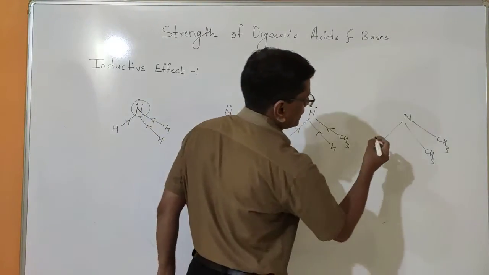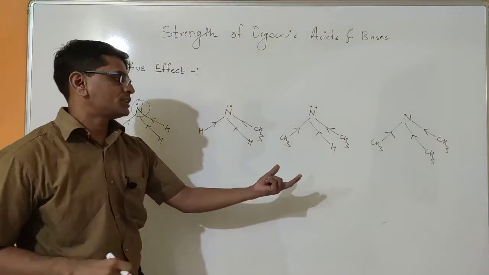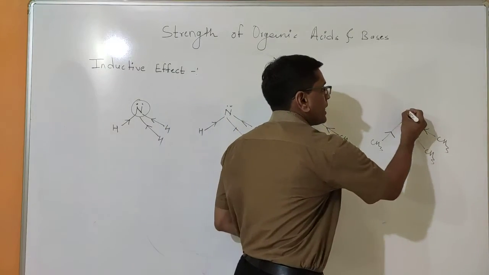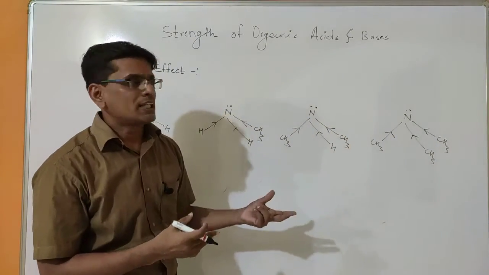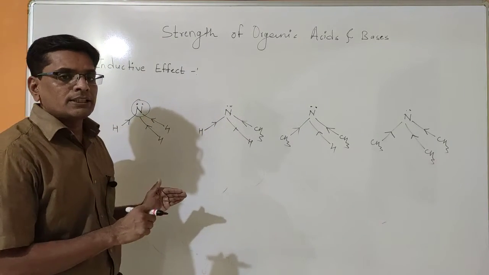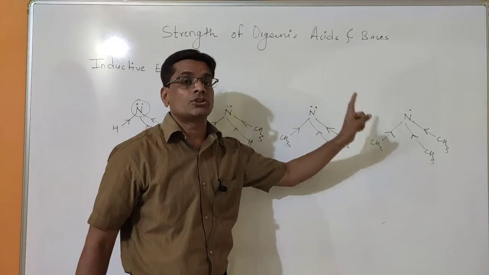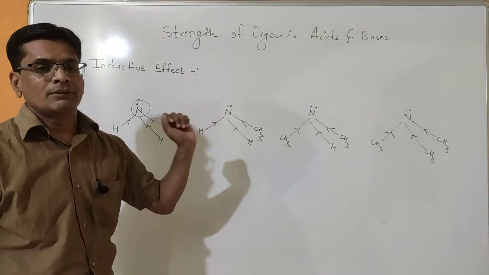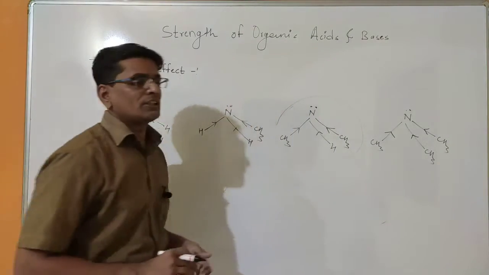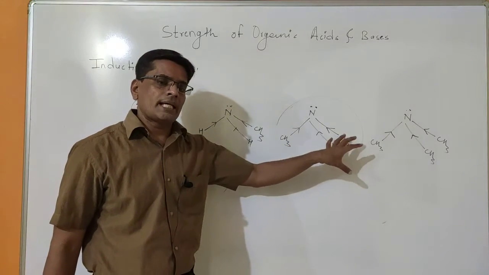Again, when we shift to the last molecule, in this molecule all three hydrogens are replaced by methyl groups, and all three methyl groups donate their electrons to the nitrogen, and that makes this nitrogen more electron rich as compared to dimethylamine, methylamine and ammonia. That means when we apply this inductive effect concept, the tertiary amine, trimethylamine, is a stronger base than all these remaining molecules. But the stronger base is this dimethylamine, because here not only the inductive effect is applicable